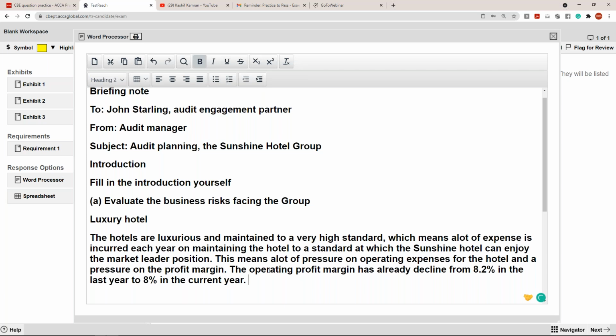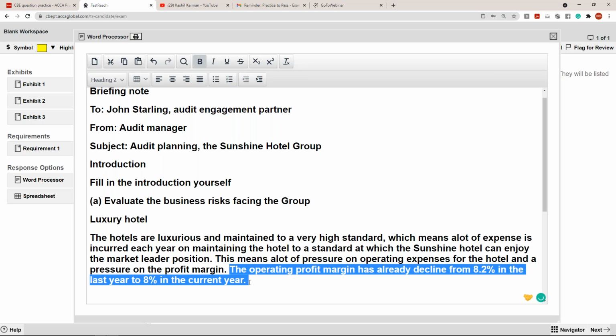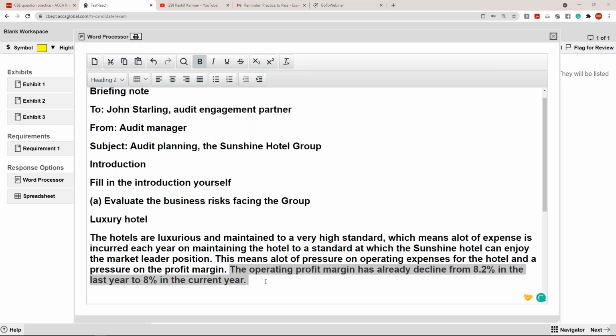So do you believe 8% profit margin is a good profit margin for any industry? So that shows there is a lot of pressure already, right? 8.2% was the last year. This year it's 8%. So there is a gone down effect here. So have I developed my point, including the percentages? Will the examiner give me an extra half a mark for writing these percentages and linking that with the falling profit margins? Will I get extra half a mark, everyone? So will this point be worth 2.5 marks because I developed my point including the percentages?